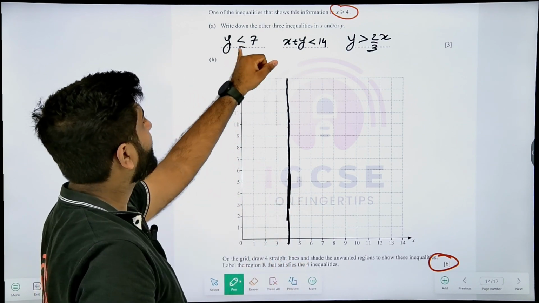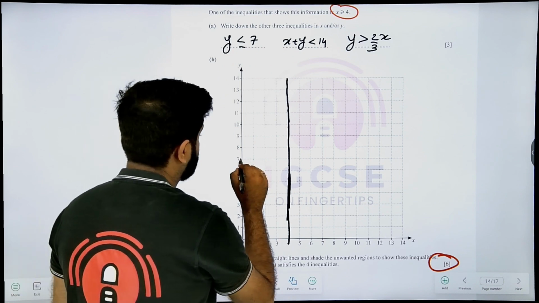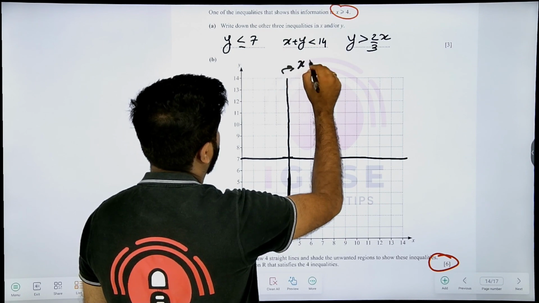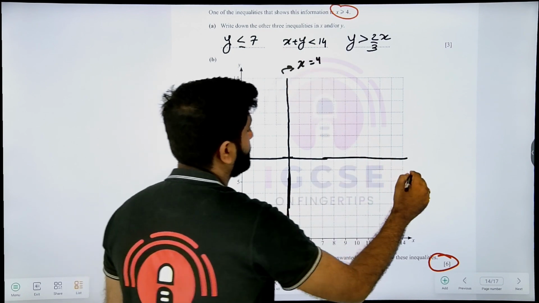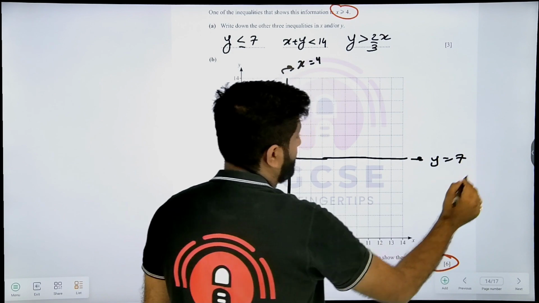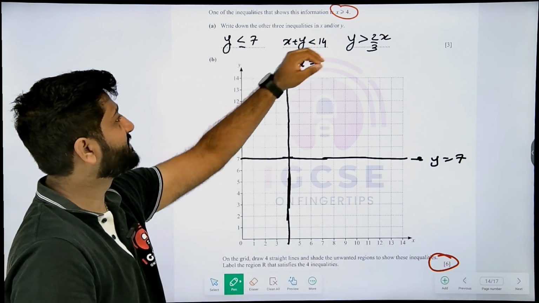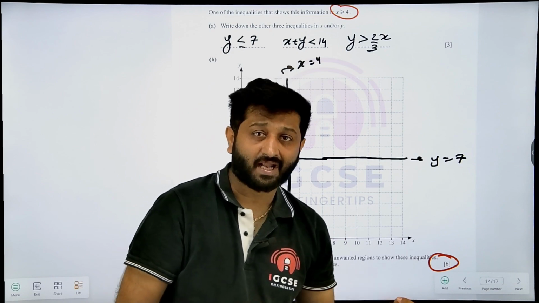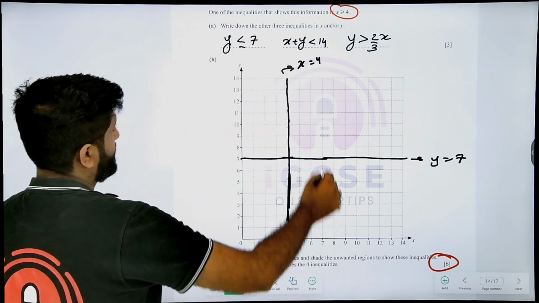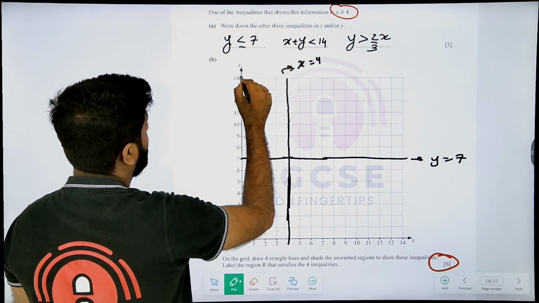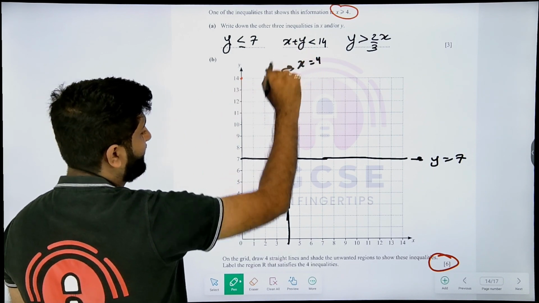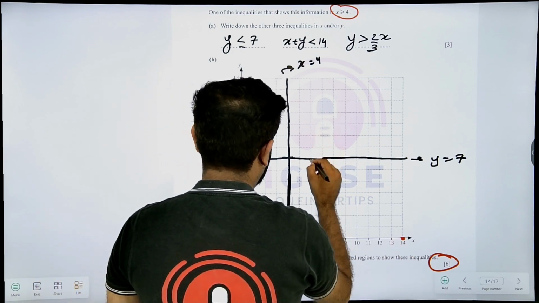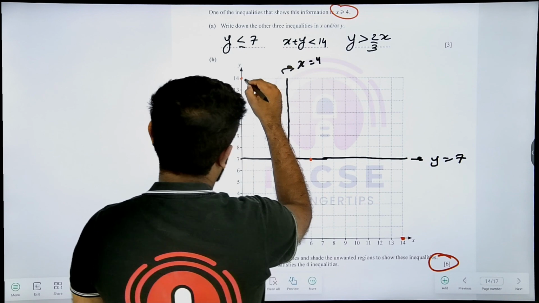Then I have y less than or equal to 7, which means this is my line. Always have a habit of labeling it. This is my line of x equals 4. This is my line of y equals 7. Then I have x plus y less than 14. Now less than or greater than indicates that this has to be a dotted or broken line, right? So let me substitute. If x is 0, I know y is 14. And if y is 0, I know x is 14. Again, when x is 7, y is also 7. So I'll just draw a line,